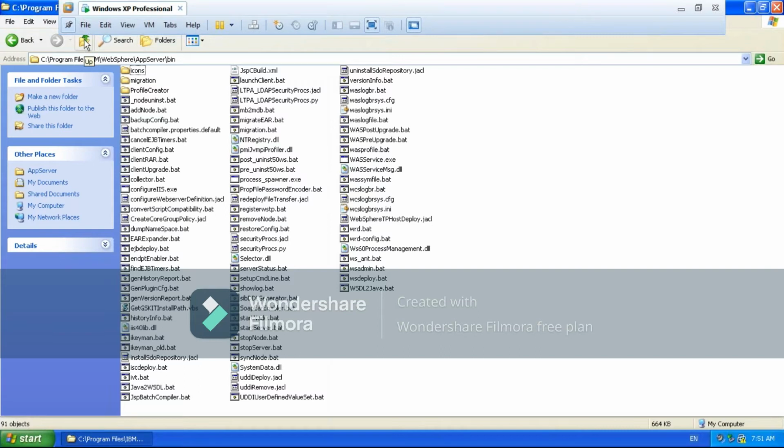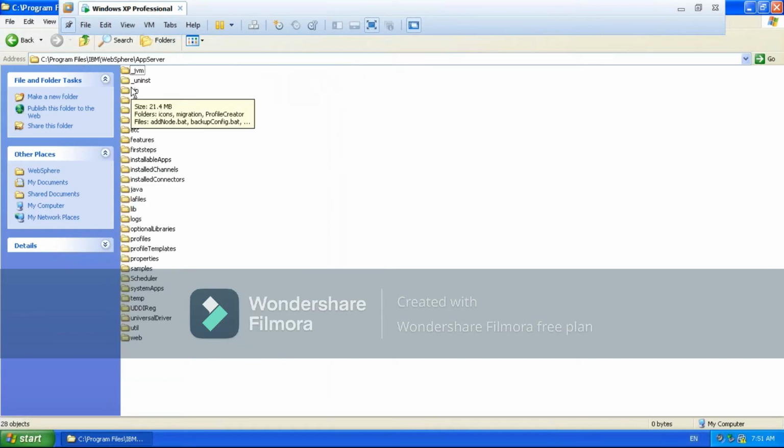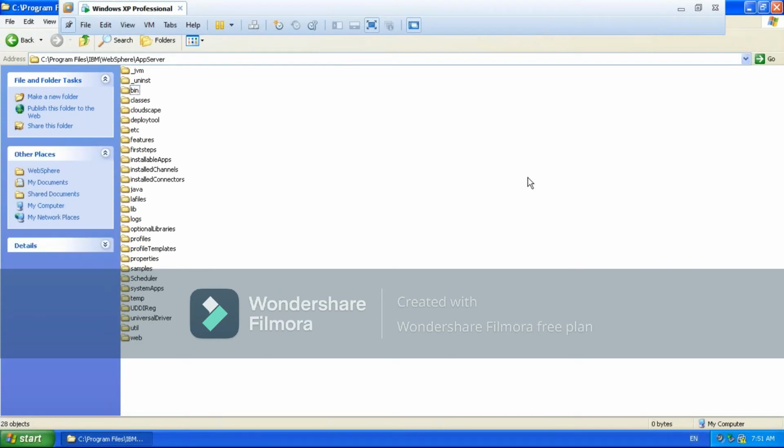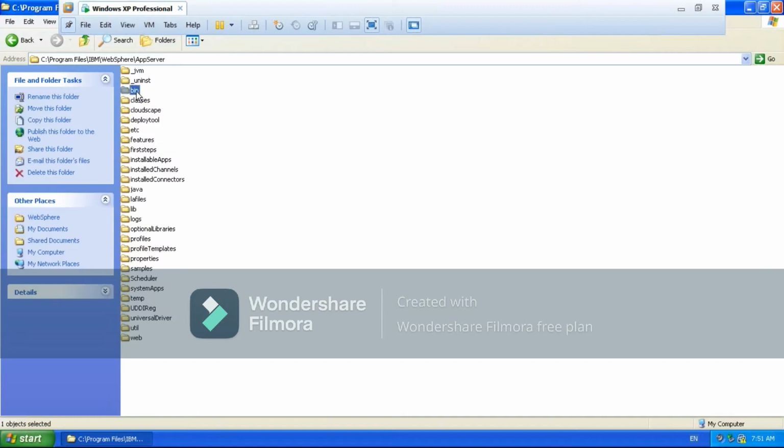Why the bin is at both WAS home and profile home, I will tell you later. Remember, bin contains the command line tools used for all execution of your administration.